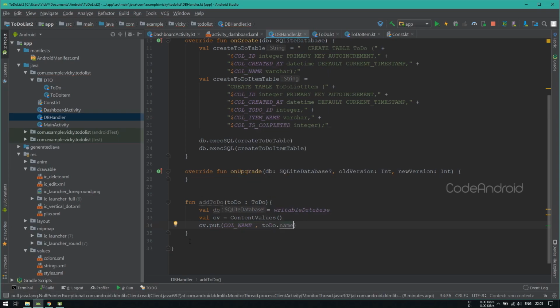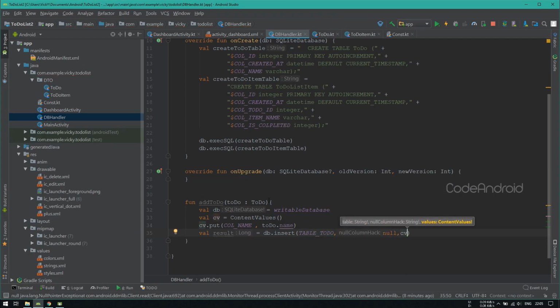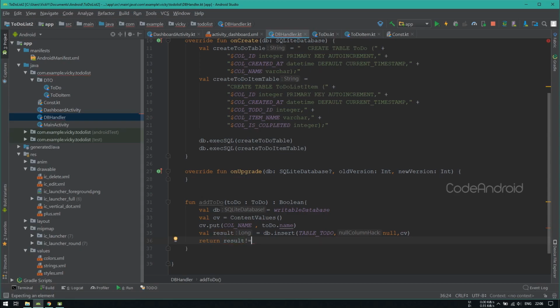We are not going to insert anything null, so I'm calling db.insert. Inside passing table name, null and content values. Adding the return type as boolean so that we can give the insertion status to the calling class. Returning true when the result is not equal to -1, otherwise returning false.